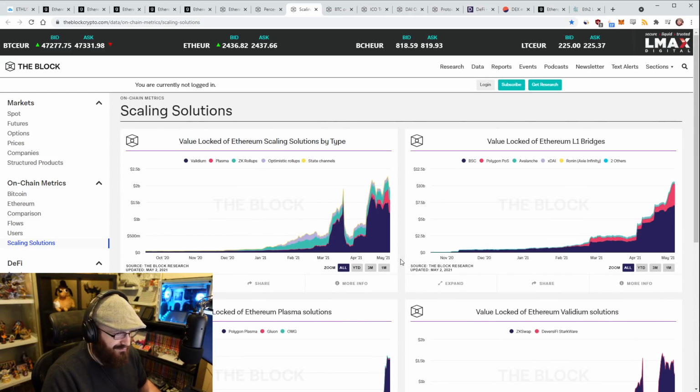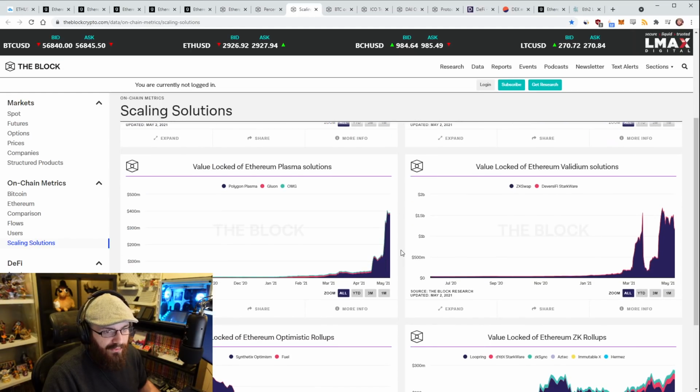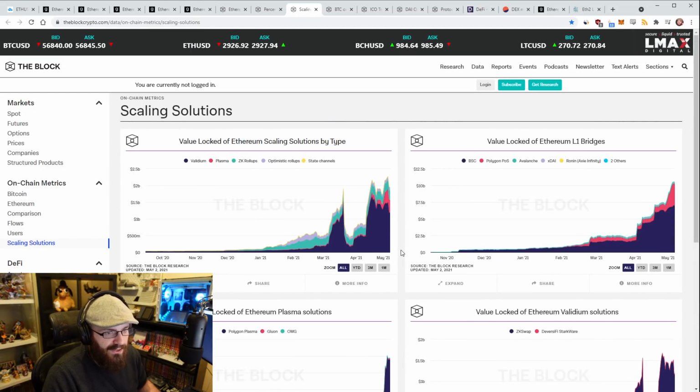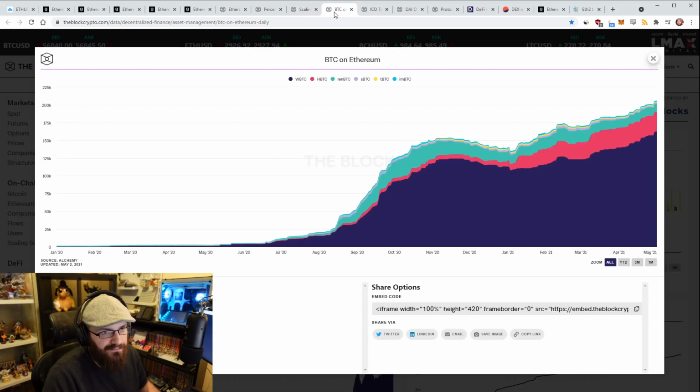So yeah, I can't wait to revisit these charts, maybe even in a few months, and see how things progress. I want to see this when Optimism goes live as a public mainnet, when Arbitrum goes live with optimistic rollups, when StarkWare goes more live with the stuff they're doing, and obviously Polygon as well. Because I think it's going to be really cool to keep an eye on. So yeah, that's the scaling solutions metrics. You can find all this data. I'll link it all in the YouTube description for you guys to go check out as well.